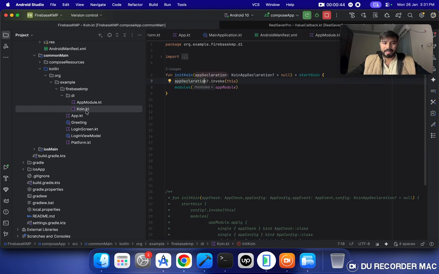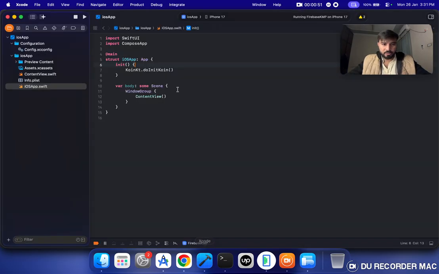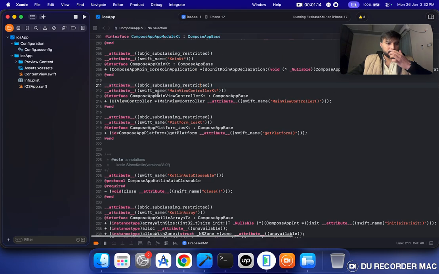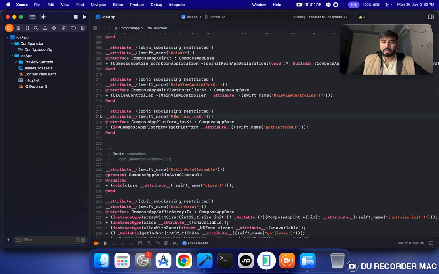Koin.kt is the file name, and this is the initKoin method name. Sorry, so doInitKoin. The names change a little bit, so doInitKoin, but our method name is initKoin, so it's the same. This is calling that method. Because we imported the compose app, which is a shared module, we can access those files over here. KoinKt.doInitKoin. If I click here, you will see the Swift equivalent code of that